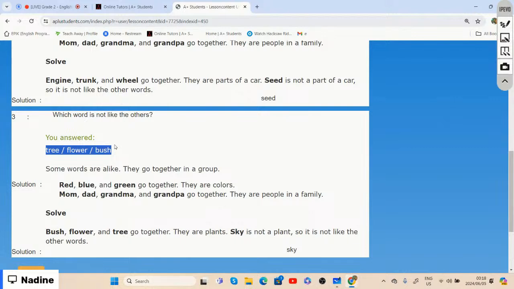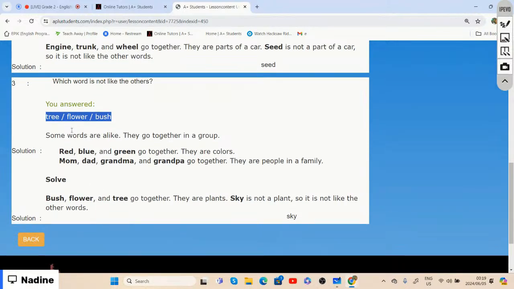The only differences that they have is a tree is much bigger, it has like a big trunk, right? Then flowers have a stem, it's more thin, smaller, right? With beautiful, colorful flowers. And then we have a bush, right? With bushes, it's almost like it's just leaves and things that are growing out, right? With trees, you can grow something on a tree, right? So bush, flower, and tree, they go together because they're part of a plant,